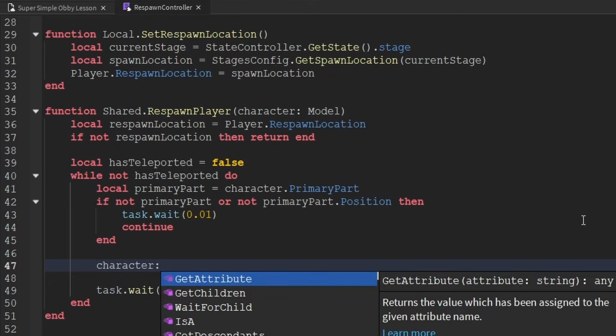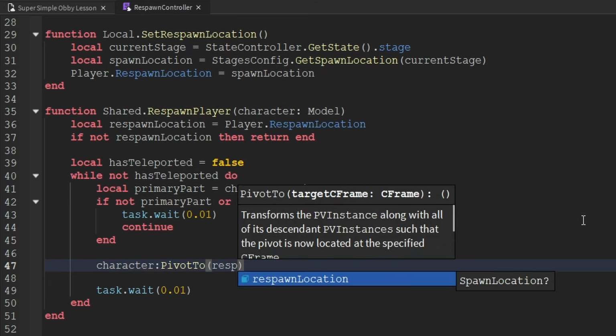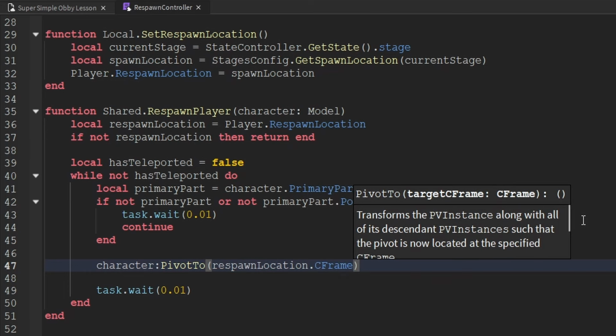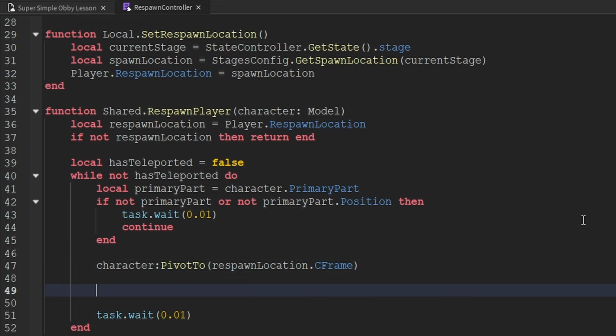So we'll go ahead and say character, we'll use the pivot to method, and where do we want to teleport the character to? Well, we will want to teleport them to the respawn location .cframe. And now we're actually teleporting the player over to that respawn location. And now we need to do something to make sure that the player's character has actually teleported over there and